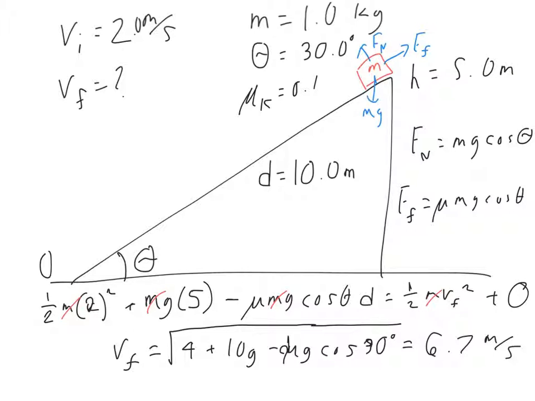And I have to say, that was a whole lot easier to do than all of the force, acceleration, and kinematic equation stuff. So this energy conservation equation allows us to do some work rather easily. And this, of course, was for a nice straight path. We could make this a whole lot more complicated.